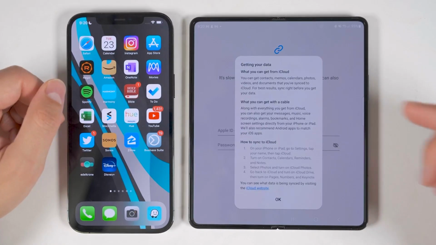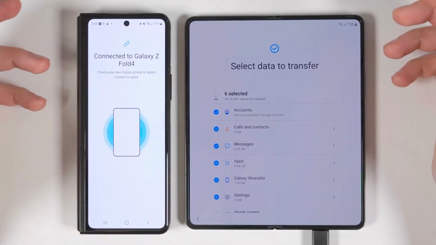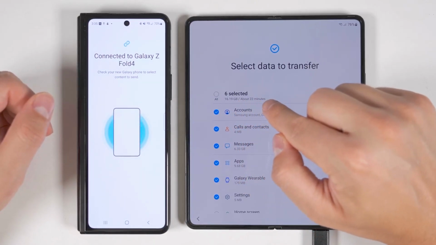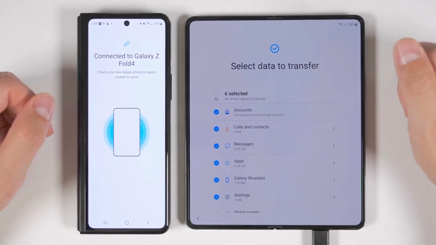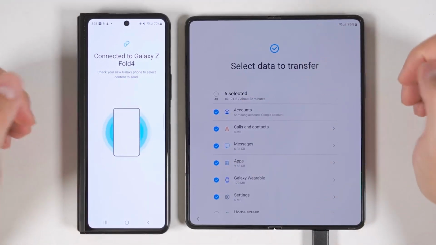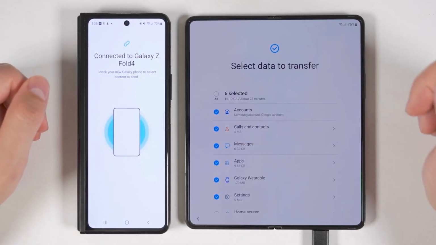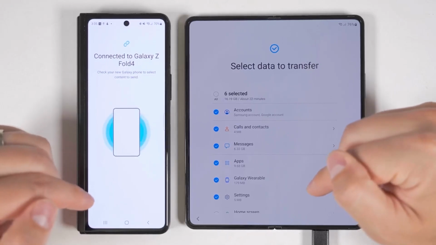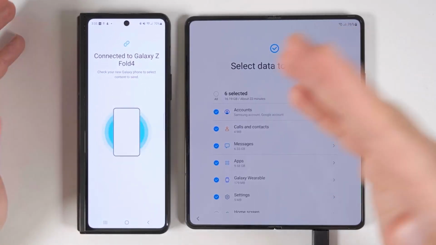Once you've selected everything you want to transfer, at the top you'll see the total amount of data you'll be transferring and about how long it's going to take to transfer all of that data from the old device. Something very important to point out here is that if you're going to be transferring a ton of data, like more than 100 gigs to your new device, it would be best to transfer wirelessly and have both devices plugged in to make sure that the batteries don't die before all that data is transferred. Or if you're transferring from an iPhone, you